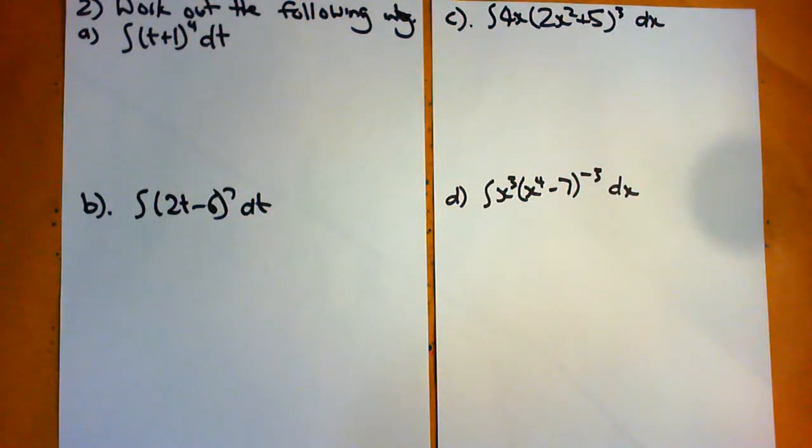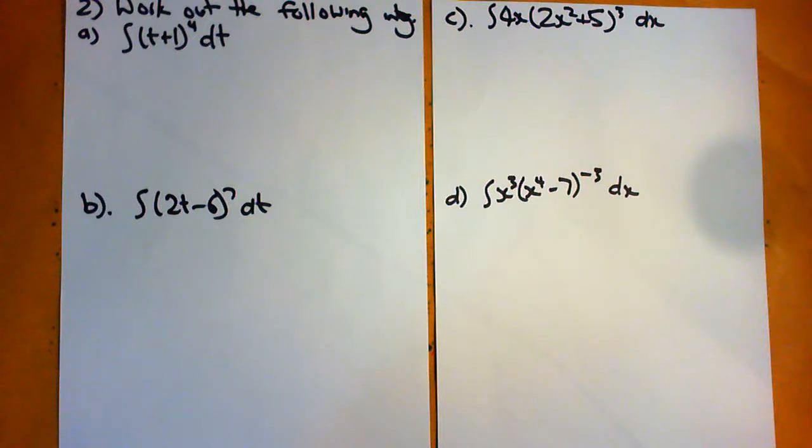Hello viewers, tutorial 12 question 2, work out the following integrals. So if we look at the kind of function that we're integrating here, first one is t plus 1 to the power of 4. If we were differentiating that, we would differentiate it using the chain rule. So naturally enough, we're going to integrate using the reverse chain rule, which really amounts to a guess and check